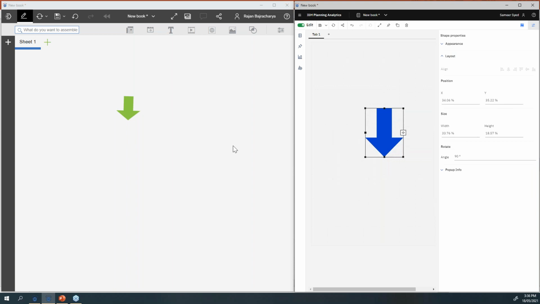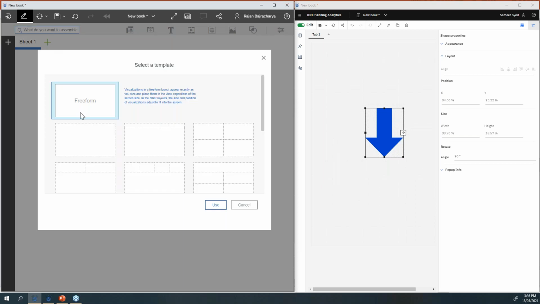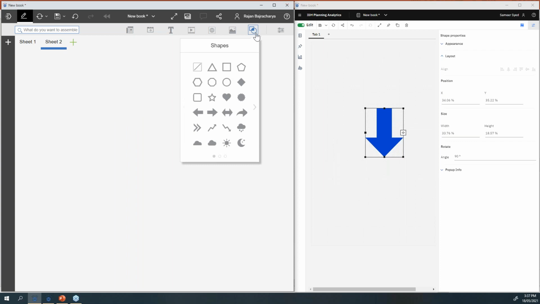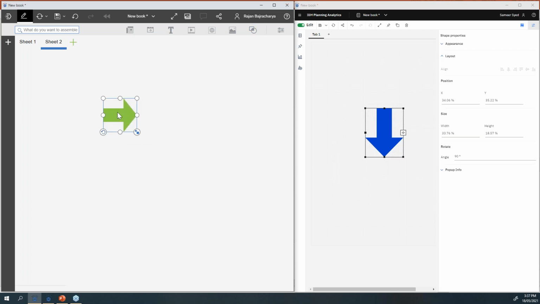Now, the next step, what I'm going to do, a lot of developers find this very challenging. For example, when they add a new sheet, and then they want to have the exact same arrow placed in this sheet 2 as well. So for instance, I have to pick up one more arrow, or I can even clone it as well. But let's say I have to do the same steps in sheet 2 as well. I have to bring this, I have to switch this, so I'm not sure. It will take some time for me to make sure that I align perfectly to where the sheet 1 is.